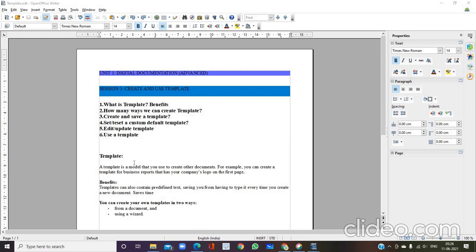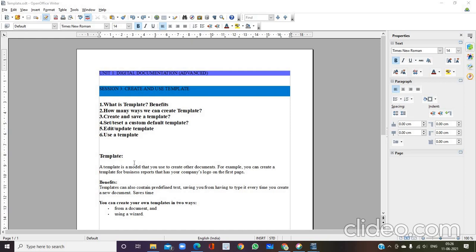I will explain with one example. If you take our school, in the school you will have a letterhead. What does it contain? The name of the school, the address and the logo of the school. The school people keep the format ready, and whenever they need to write any letter to anybody, they simply use the format and type the letter.